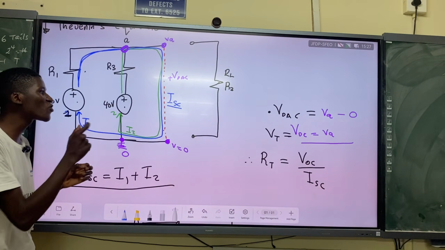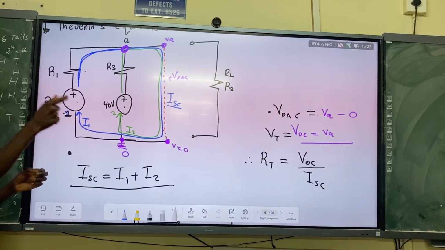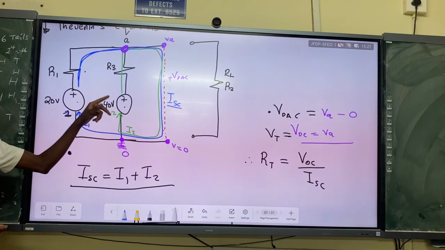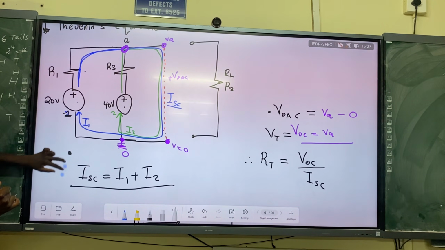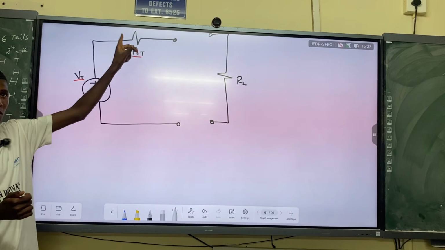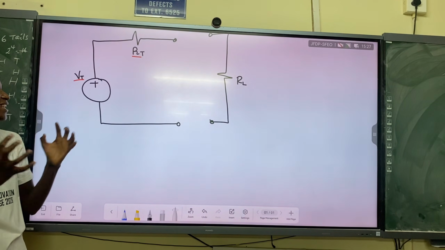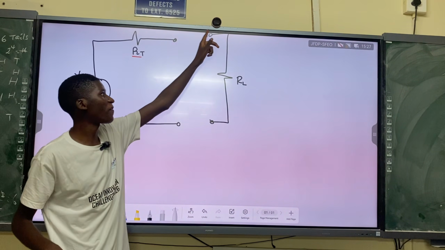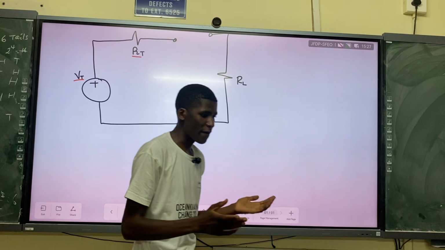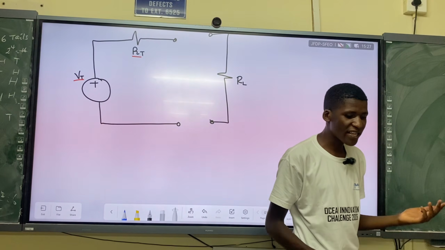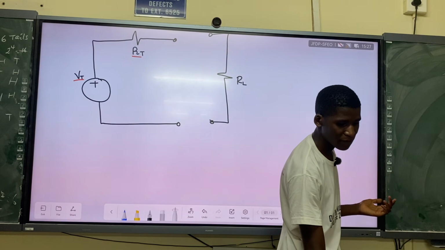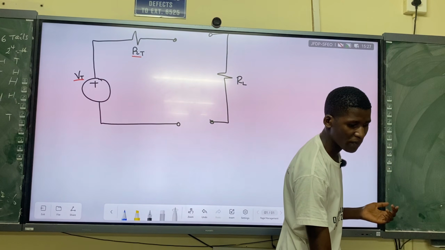That's why we say that insofar as the load is concerned, we can replace a combination of voltage sources and resistances with only one. We replace it with only one ideal voltage source and one total resistance. But as far as any load is concerned, that's what you can do. Okay, so let's just pick one problem that will do for Thevenin's, try to solve it, and you guys will do more problems.